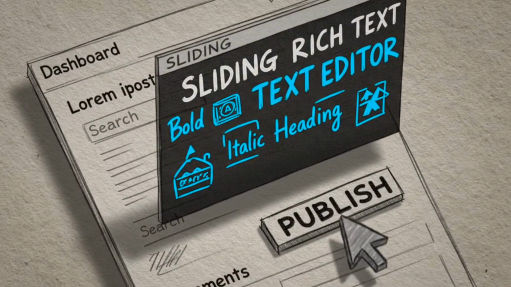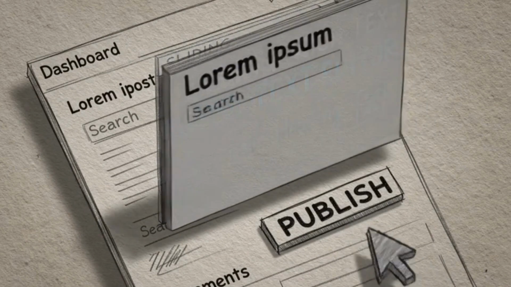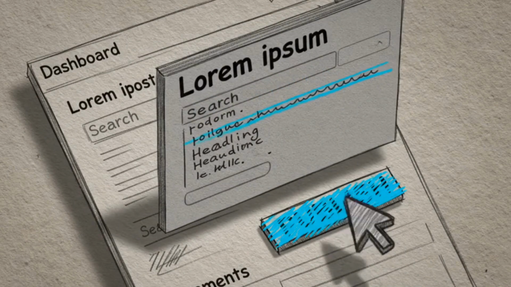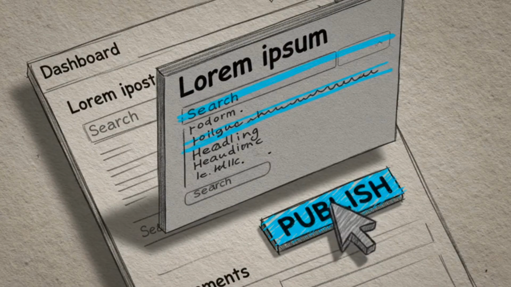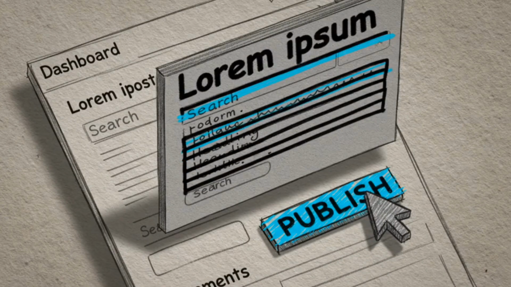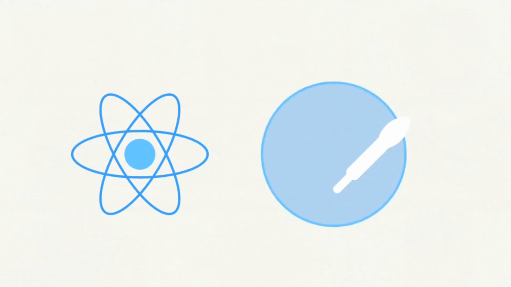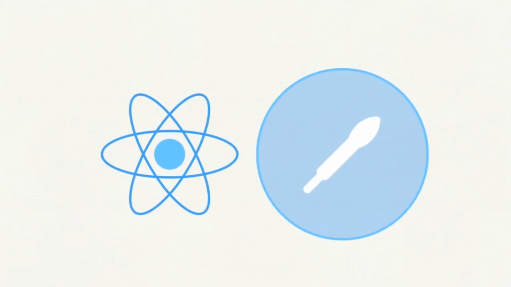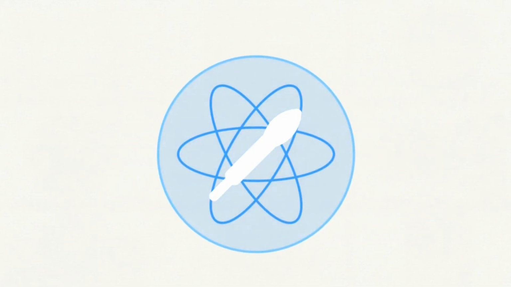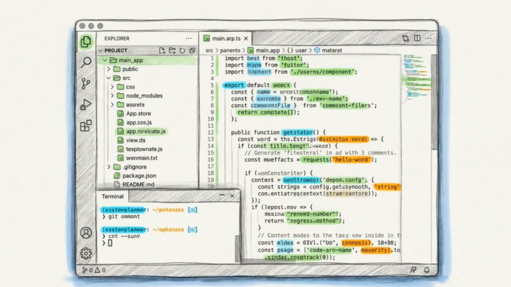Plain text inputs are insufficient for modern blogs, CMS dashboards, or comment sections. Users expect to format and style content directly within the interface. React Quill solves this by wrapping the powerful Quill rich text editor into a component that fits seamlessly into the React ecosystem. To follow along, you will need an active React development environment and a basic understanding of how to